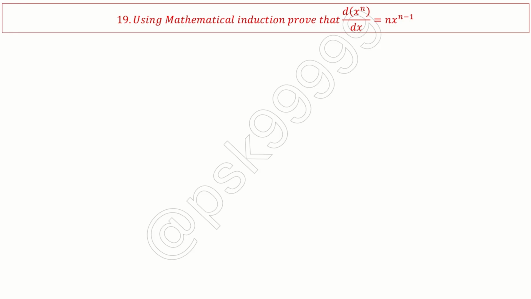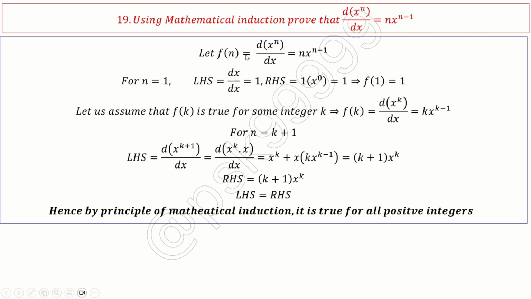using mathematical induction, prove that differentiation of x to the power of n with respect to dx is n into x to the power of n minus 1. Yeah, this is very simple one. So let's call the function f of n equal to differentiation of x power n with respect to dx. This is nothing but n into x to the power of n minus 1. We need to prove this one. Okay. So first,